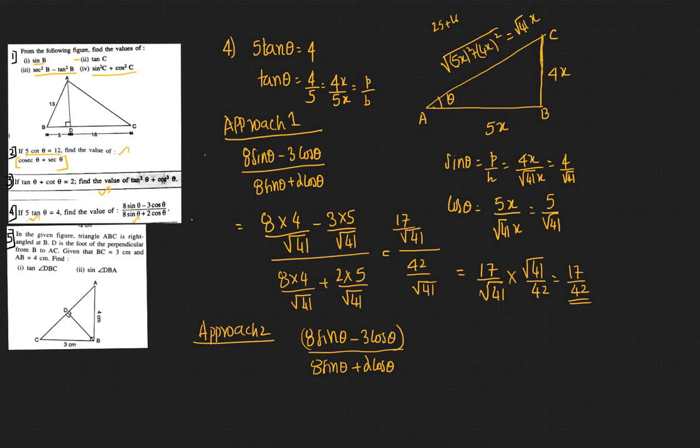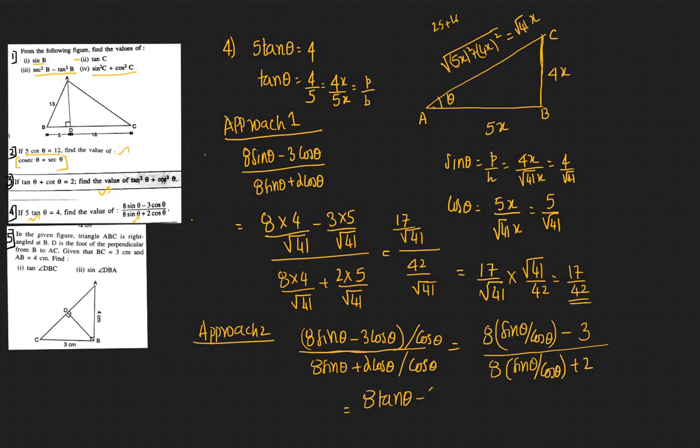So we can divide both numerator and denominator by cos theta, and that ratio would not change, and the top would become 8 times sin theta by cos theta minus 3, divided by 8 times sin theta by cos theta plus 2, and that would be 8 tan theta minus 3 by 8 tan theta plus 2,